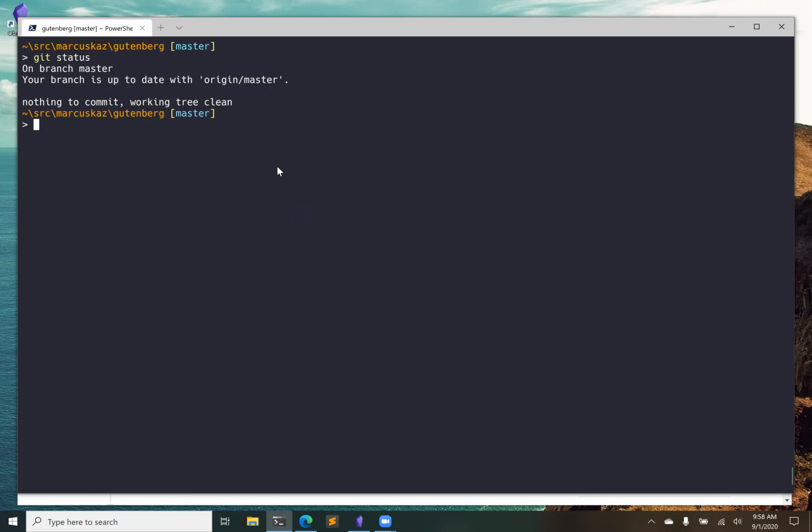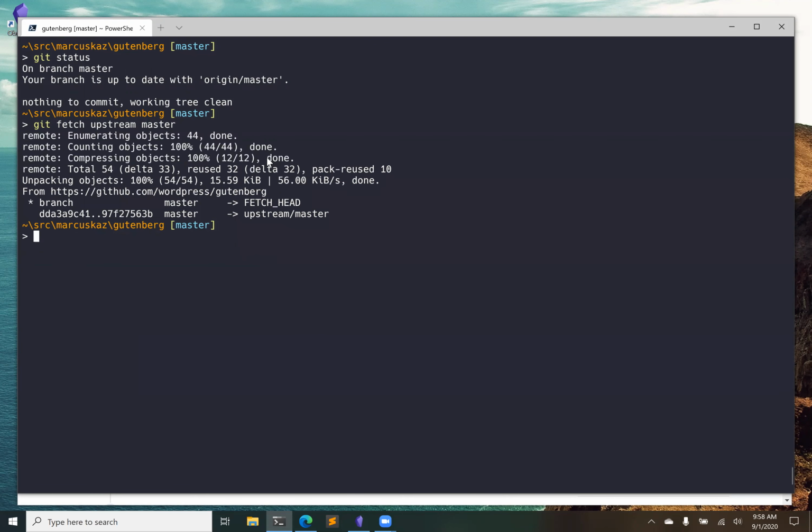I'm tracking this. If I want to pull in a change, I want to update the upstream source, and then I mention what branch I want to update. I want to update the master branch. And this will go to WordPress, pull down all the changes that have happened in the main one, and now I have a copy of that here. It's not been applied anywhere, but it's just a copy of it, and it knows what the differences are. To apply it to mine, you do